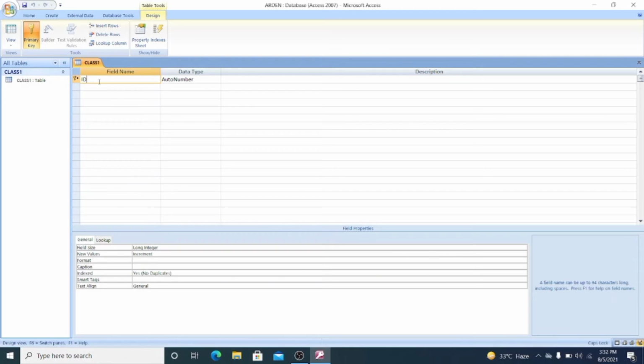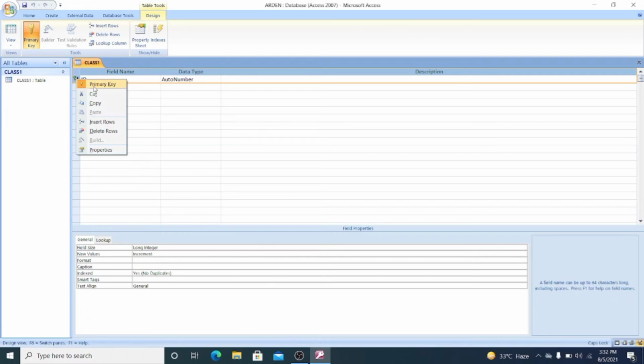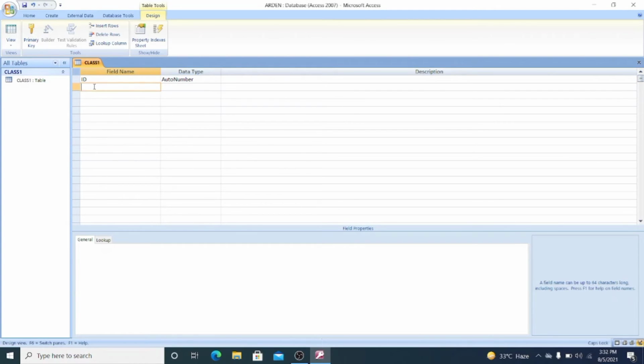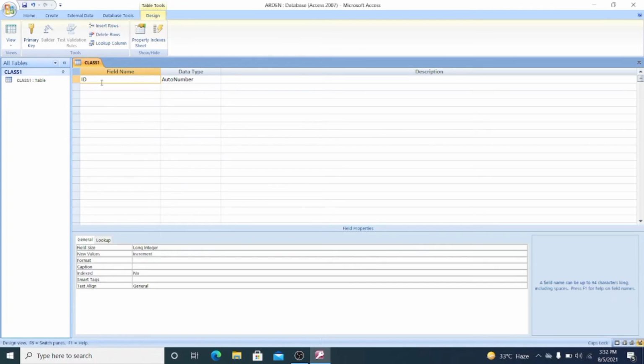So if I want to remove this primary key, then I have to click here and right click on this primary key. Now the primary key will be removed. We can assign only a single primary key to a table. It means if we have more than one table, then each table must contain only one primary key. Suppose right now I don't want to write the ID of the student. I want to write the roll number of the student. So here the field name must be roll number.